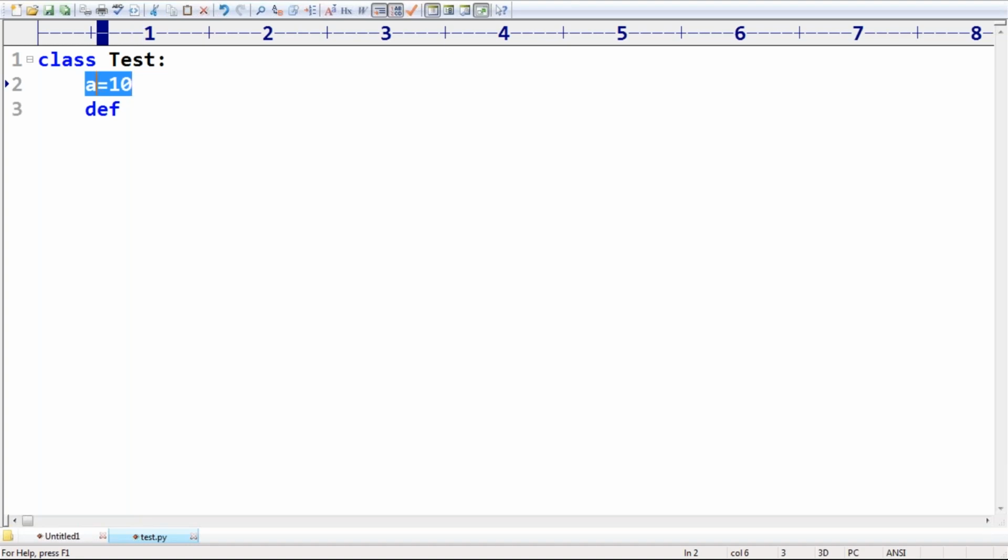Now in __init__ with self, I'm taking self.b is equal to 20. What is this variable? Please respond. Self.b is equal to 20. Is it static or instance? Okay, remember, this variable is called an instance variable. Now the point is